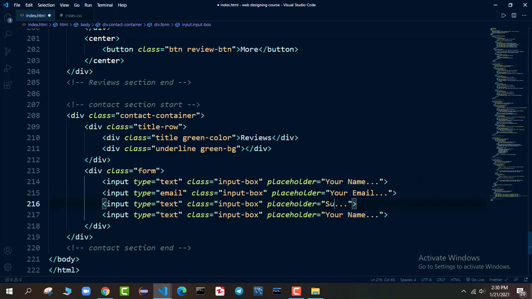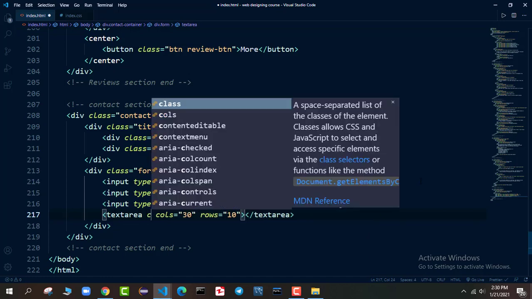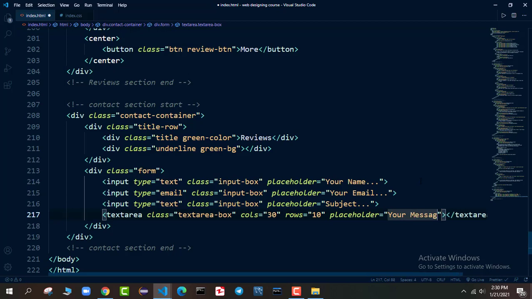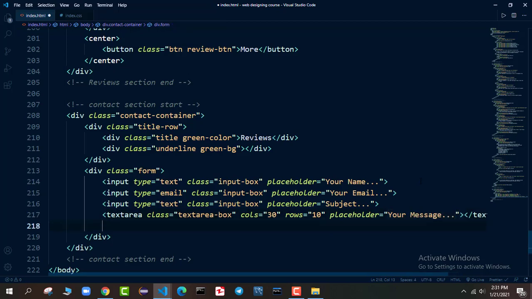And then it will have the subject of the user, what the user wants to say. And here, instead of input, I will create a text area, so the user can enter the comments. So the class will be text area box and placeholder will be your message. And after that, we will have a button.